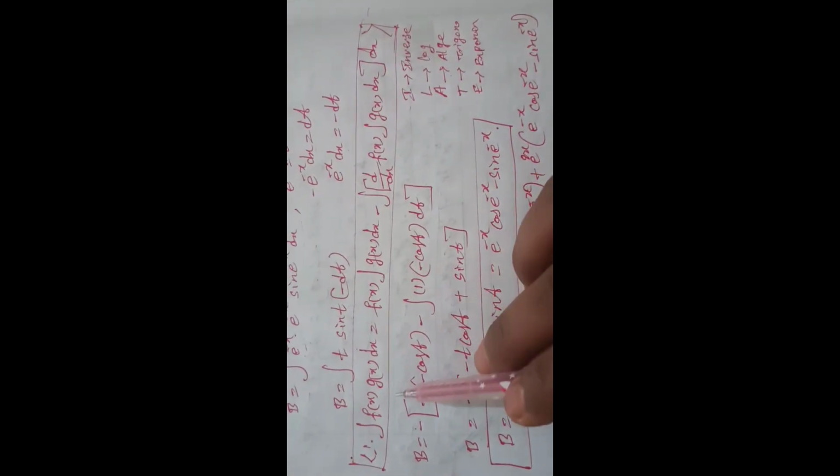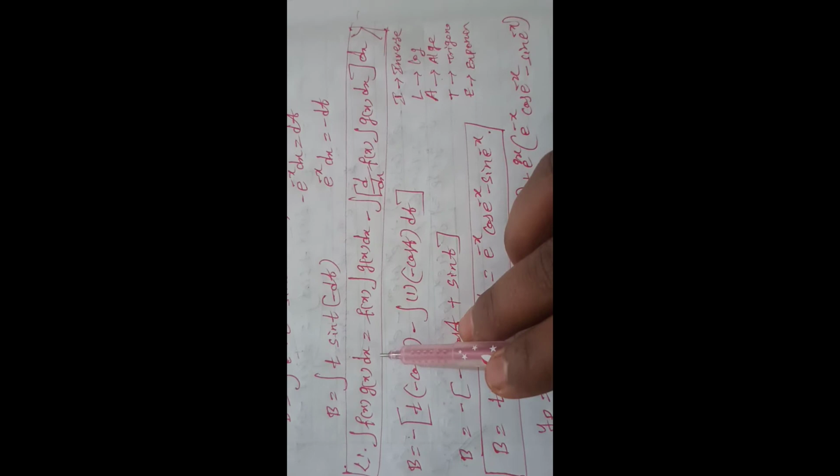Now by using this formula, integral f of x g of x dx, in terms of x I am writing here. Actually, when you are solving the problem, you have to do it in terms of t. So integral f of x g of x dx, we decide what is f of x and what is g of x based on ILATE. It is f of x integral g of x minus integral d by dx f of x integral g of x dx whole dx. In terms of x I wrote here. When you are solving the problem, it was in t. So in this we are going to solve.